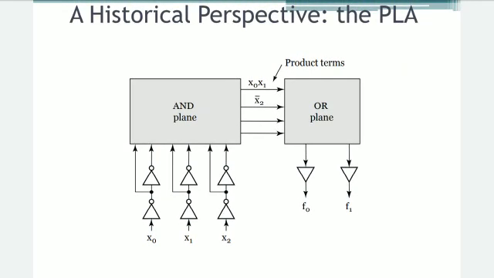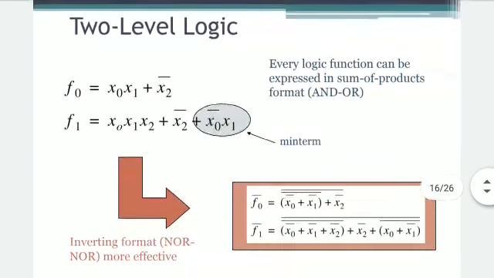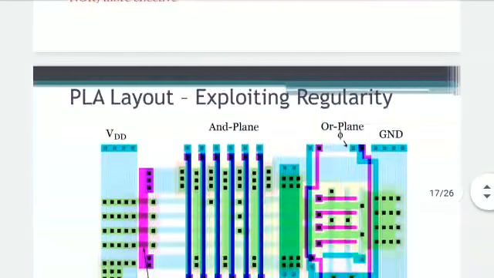Here is an automatically generated PLA implementation of the logic function. If we implement this Boolean function with the help of a PLA and generate the layout, this is how it looks.